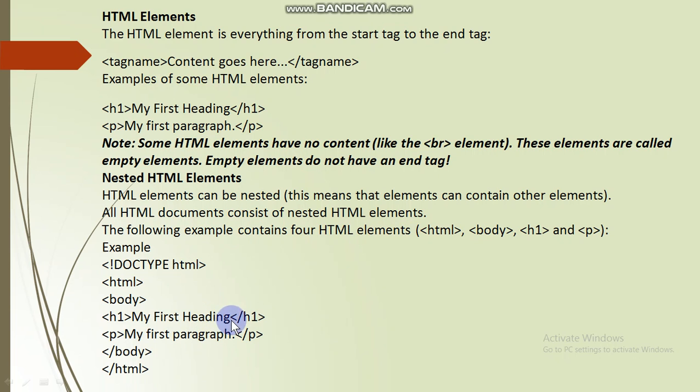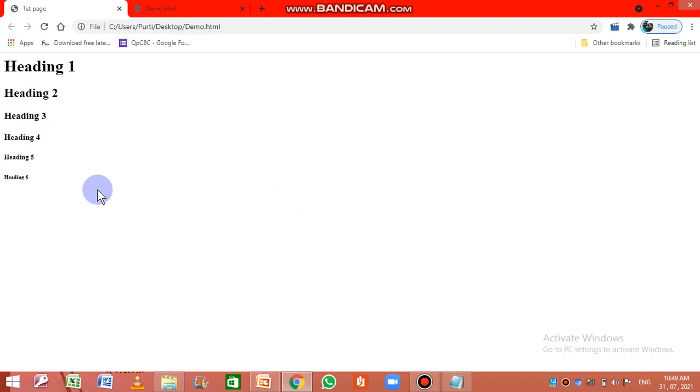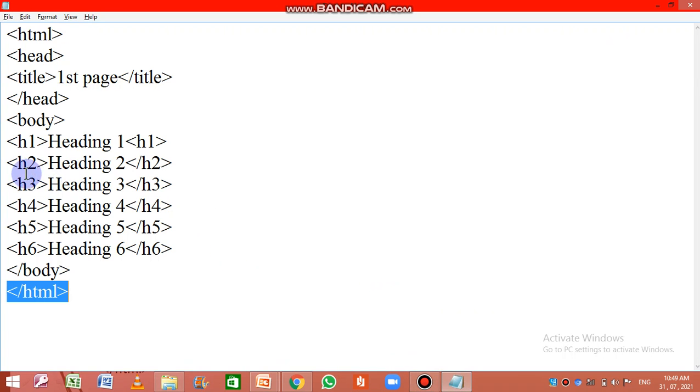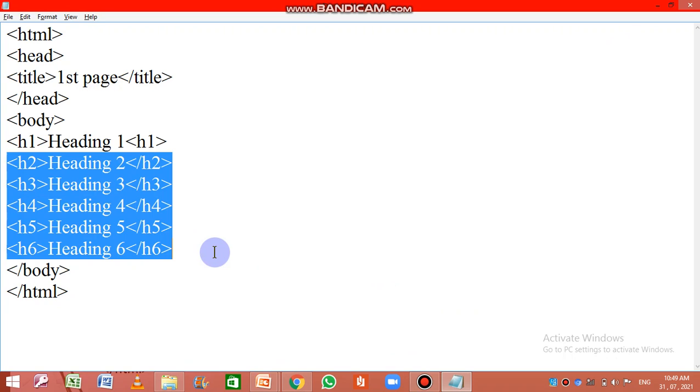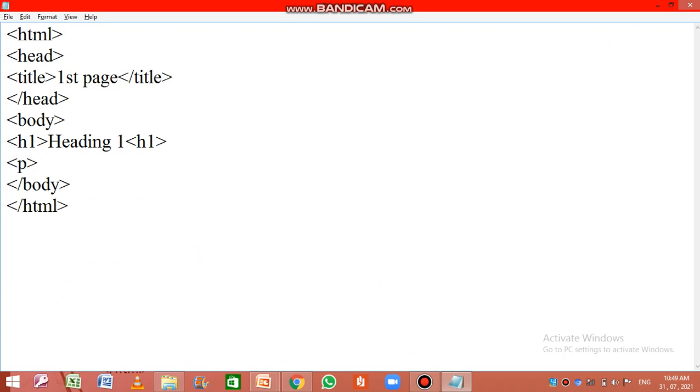Here it was my first heading and my first paragraph. So let us use 2 different tags. Go to Notepad and here specify the paragraph tag, the P tag. This is my first page.